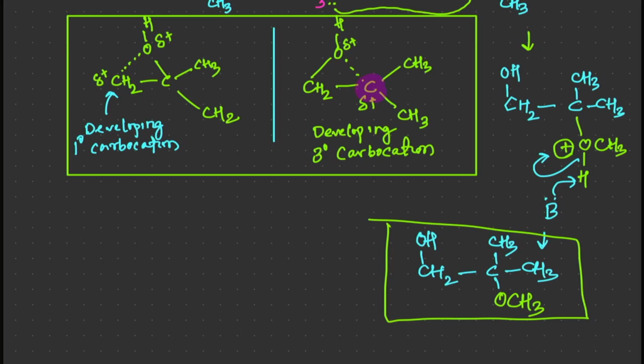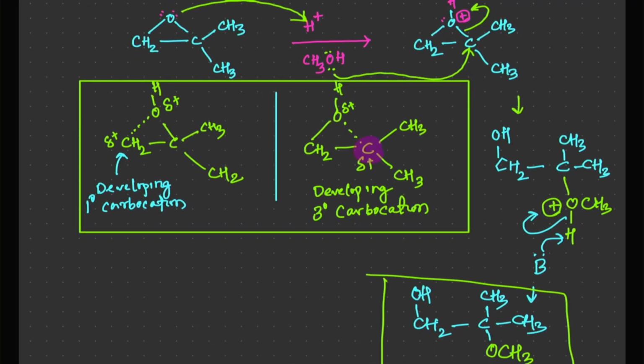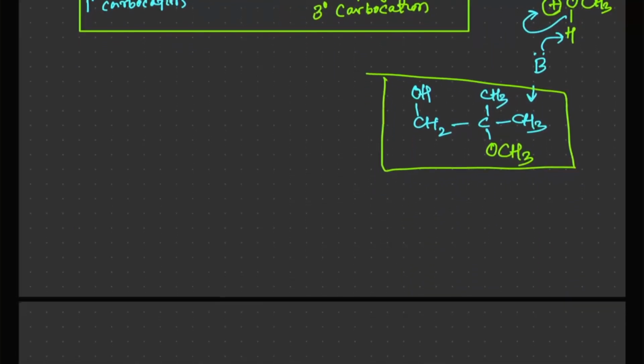So remember, this reaction, although it looks like an SN2 reaction, is not a true SN2 reaction. It is in between SN1 and SN2. Which is why the nucleophile goes towards the more crowded carbon atom, which is the tertiary carbon atom. So if you have an opportunity to choose between primary and tertiary, you will always go towards the tertiary in acidic conditions. So let's do one last problem